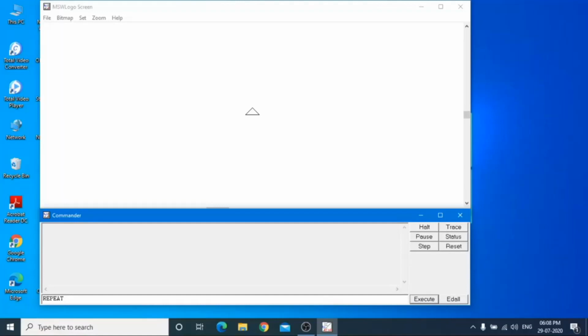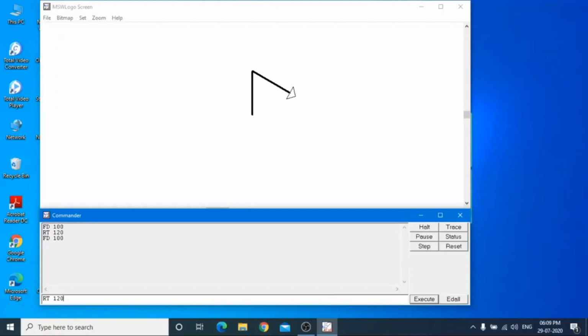And then again FD space 100. This much command we have to execute to draw a triangle: FD 100, RT 120, FD 100, RT 120, FD 100. Now just clear the screen, CS and CT.